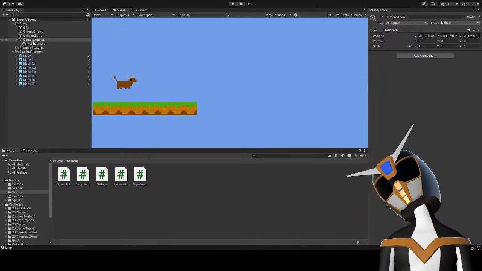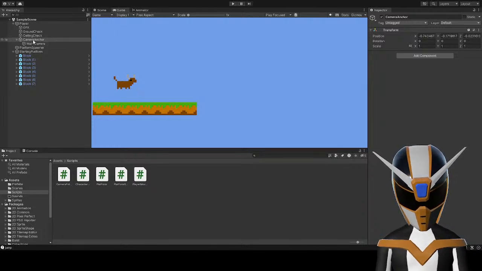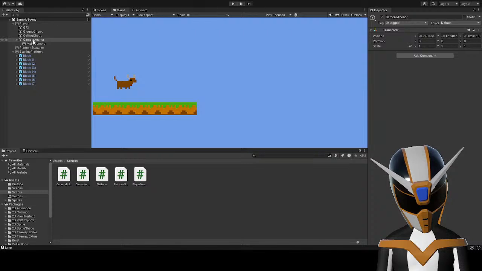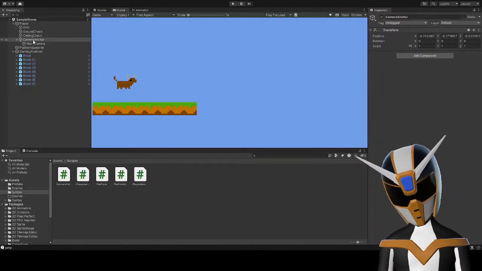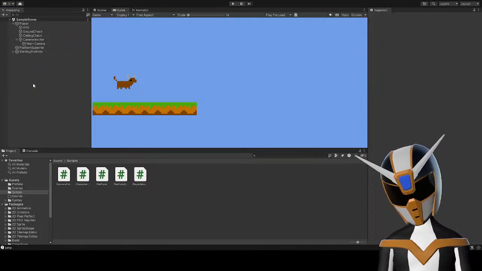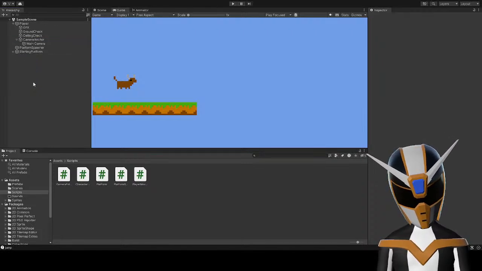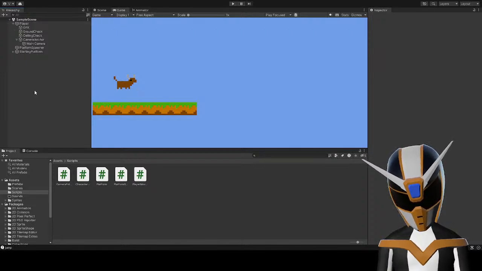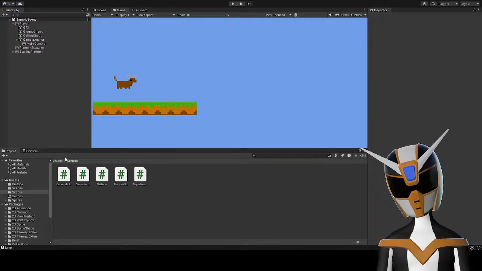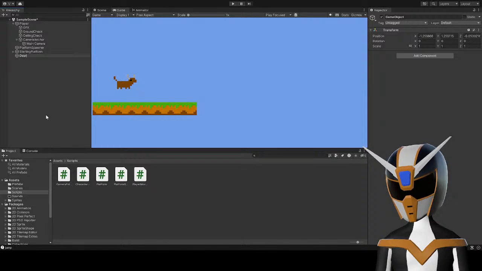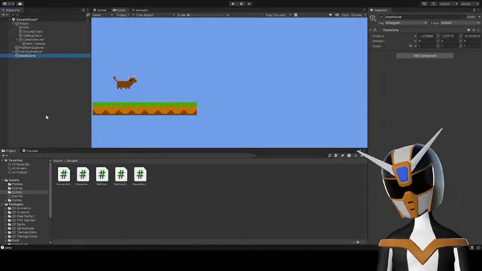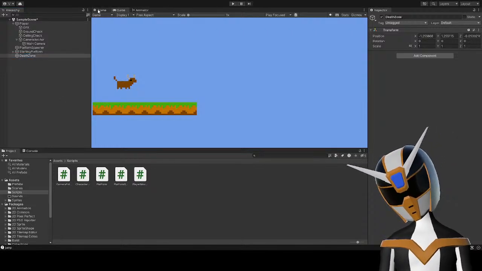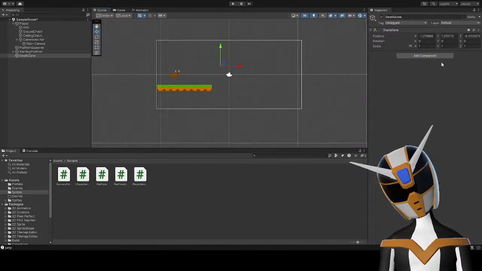And then the thing is, I don't really want the camera to be moving on the y-axis, I don't think. I don't know. Okay, let's create a death zone that's going to be below the player.